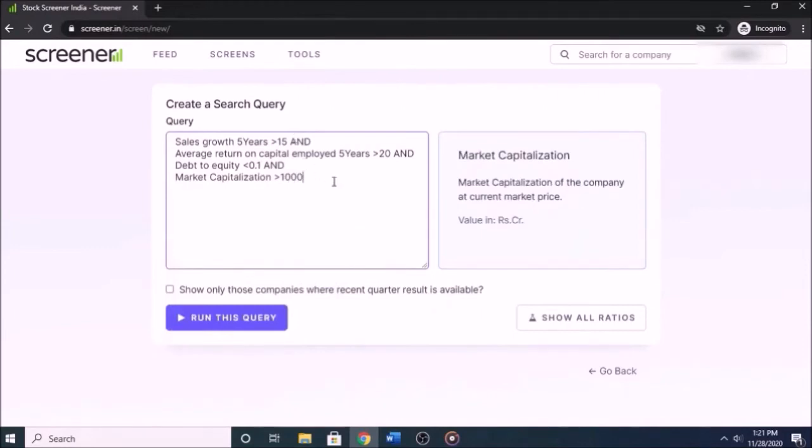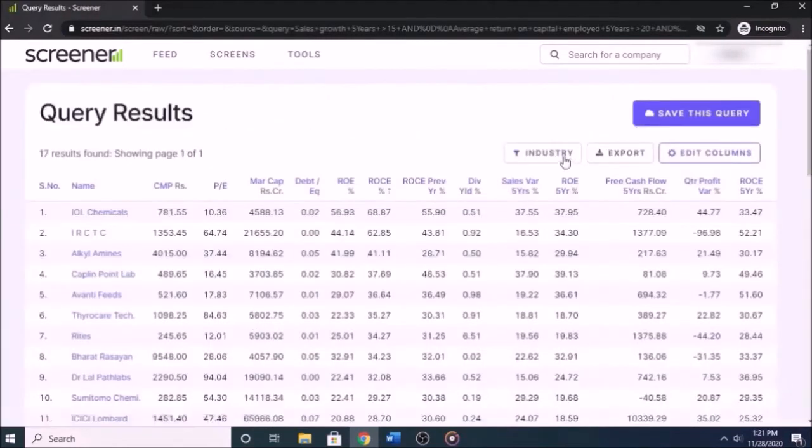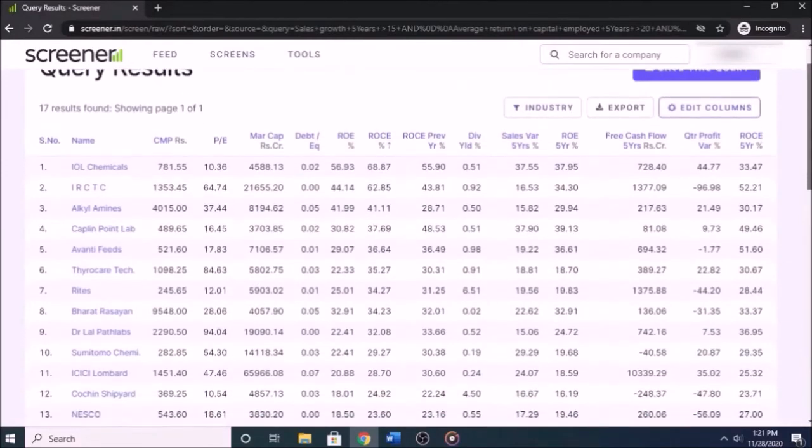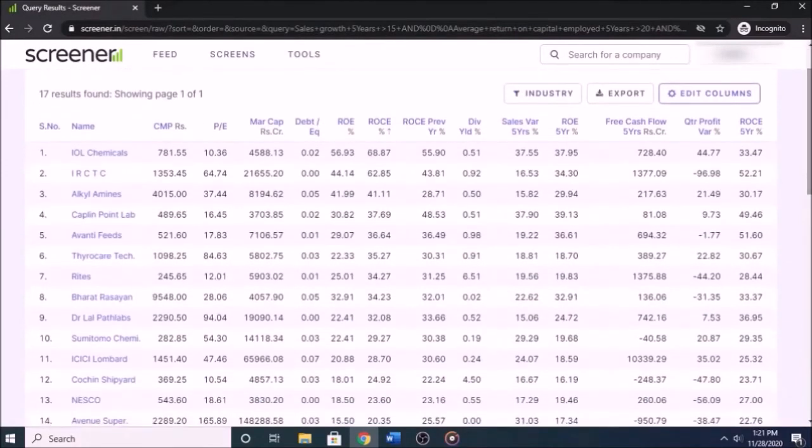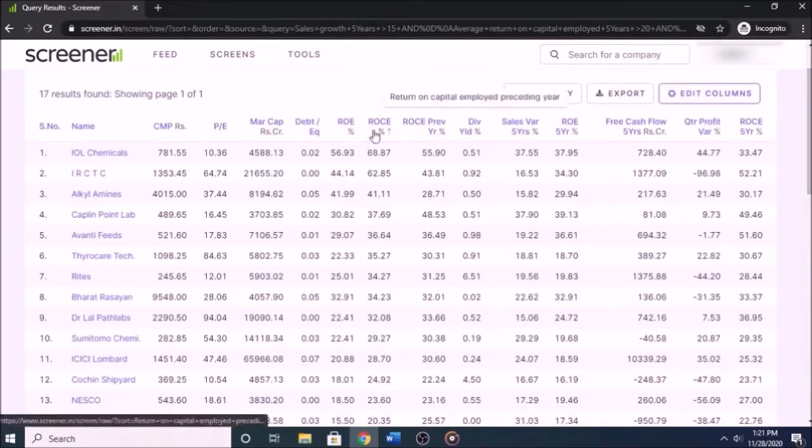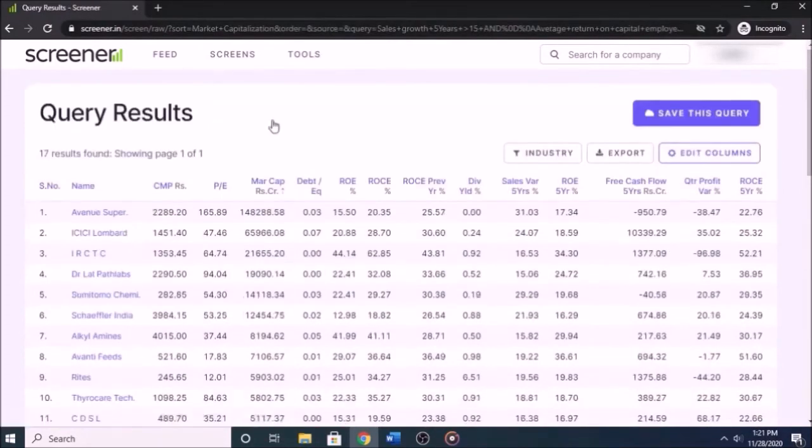All right. And the other ones like free cash flow and cash from operating activity, I would show you once I click on one company at a time. All right, let's run this query. So if you see here, there are 17 companies that fit our filter criteria. And then if you want to dig further down and see which companies you need to invest in, then